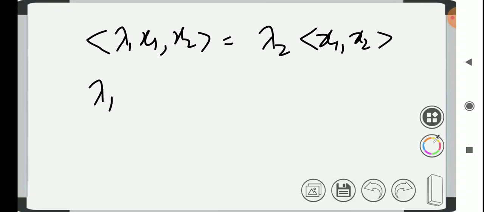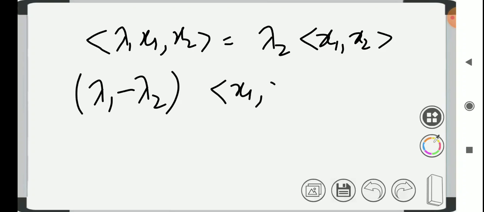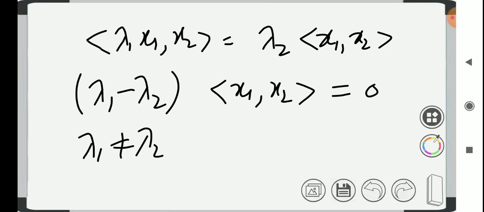We can bring out lambda 1 here and minus lambda 2 times the inner product of x1 with x2. This is simply 0. Now we know lambda 1 is not equal to lambda 2 because we assumed this hypothesis. Therefore the inner product of x1 with x2 must be 0. Hence we get x1 is